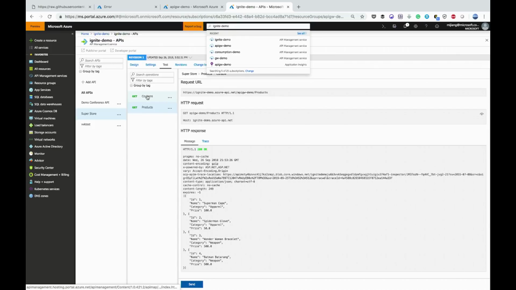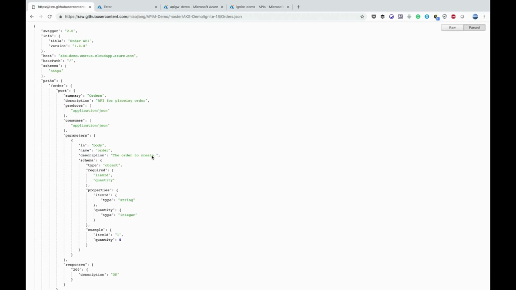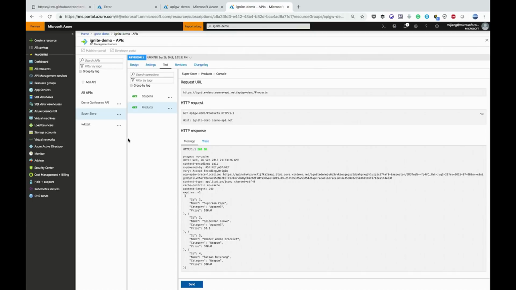For this order management service, I have created a Swagger file or OpenAPI specification. So this is how it looks. Basically, it contains all the metadata about my service. As you can see, it's called Order API, and this is a host name, and it has one operation called post order, right? So if I copy this link here,